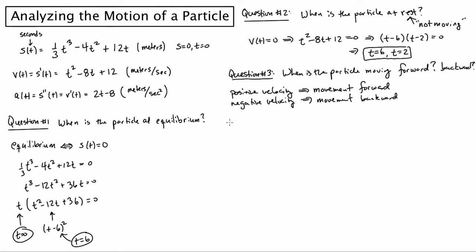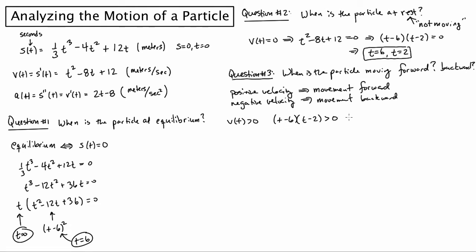So positive velocity means we're looking for the values of v of t where they're greater than 0, and we just factored v of t in the previous question. So this is like saying where is (t minus 6)(t minus 2) greater than 0? Well, remember, if you have two numbers multiplied by each other like these factors show, then in order for that multiplication to be positive,